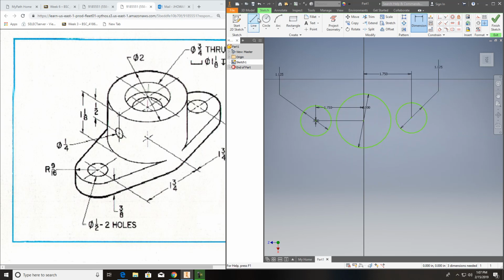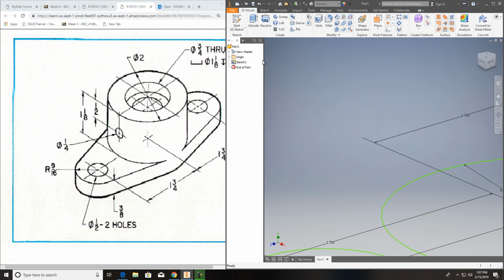And this one right here, I want to do the same thing. I want to make sure this is 0. So I know I am perfectly lined up with this part. Everything is lined up to the center of this one. Everything's symmetrical at this point. So now I can come in here and I can